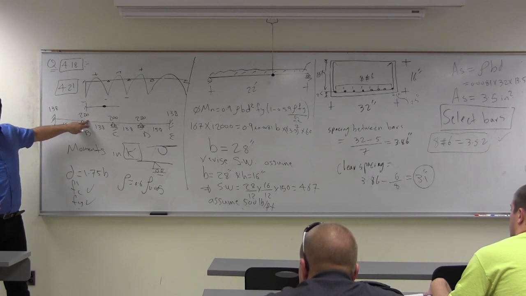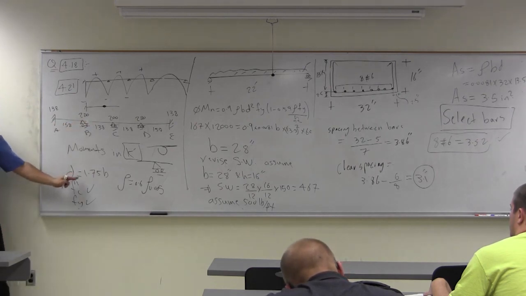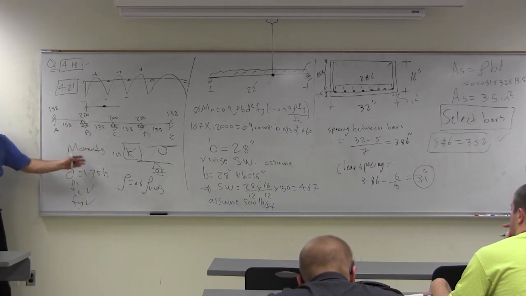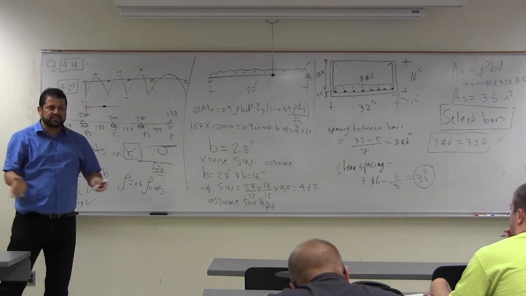220 times 12,000 divided by 0.9 times R. You get BD squared. He's telling you there is a relationship, he wants that. You substitute one into the other, you get B, you get D. Once you figure out your section,